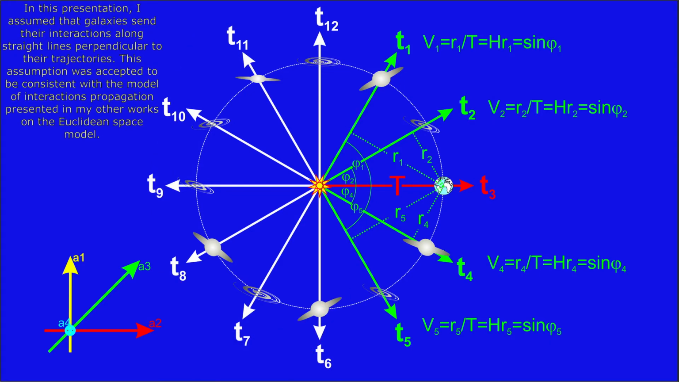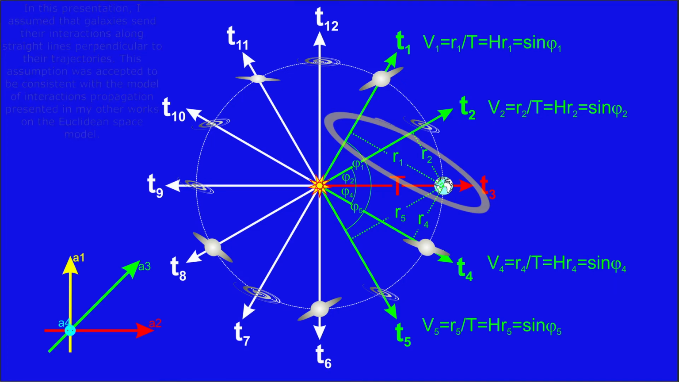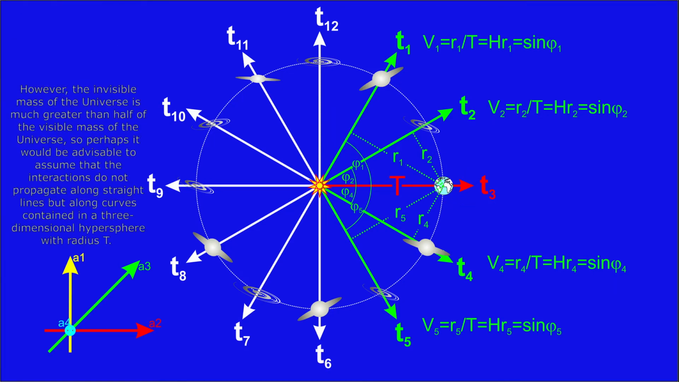In this presentation, I assumed that galaxies send their interactions along straight lines perpendicular to their trajectories. This assumption was accepted to be consistent with the model of interactions propagation presented in my other works on the Euclidean space model. However, the invisible mass of the universe is much greater than half of the visible mass of